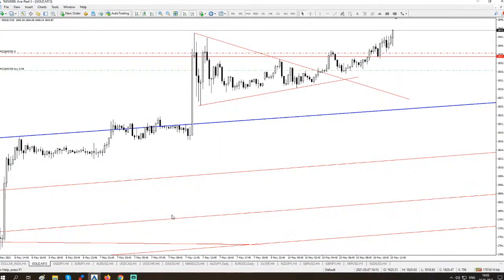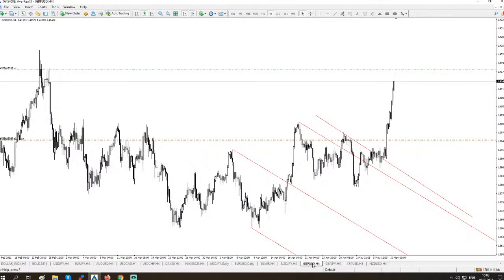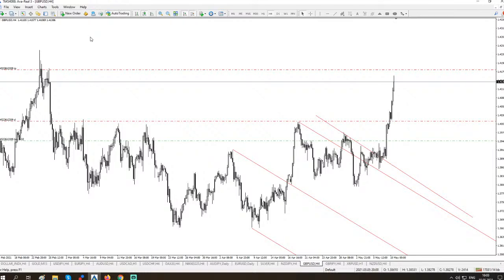And let's take a look also at the GBP versus the US dollar. We have a long position here as well from Friday. So this pair has increased aggressively after registering this aggressive breakout here above the former highs. And let's manage this position as well, and let's move our stop loss from break even here. One moment, and I will update also